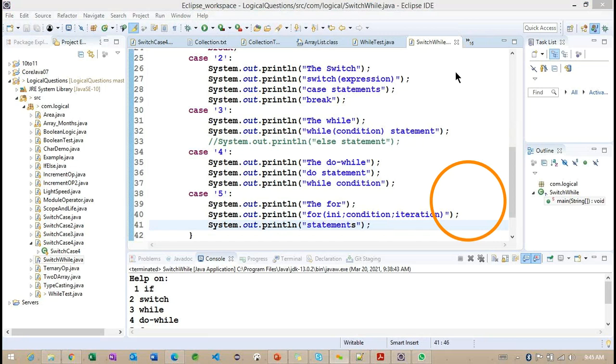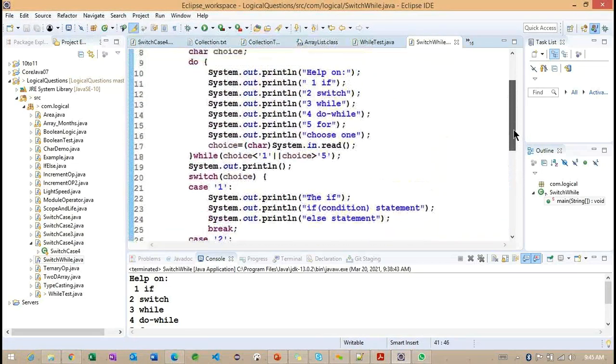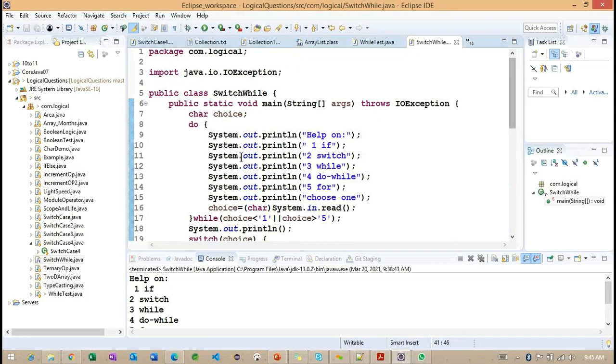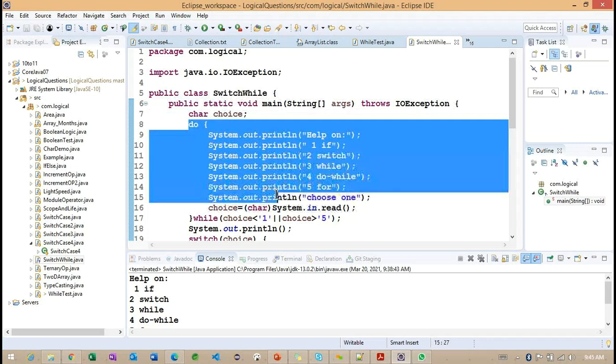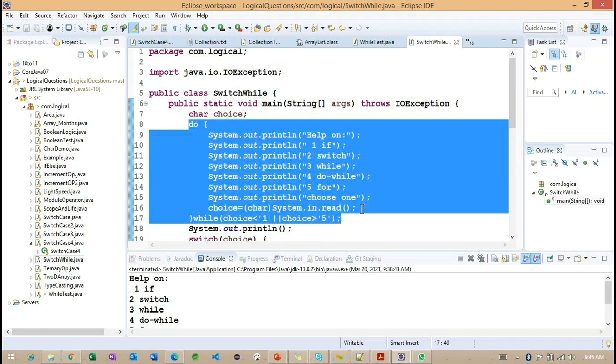So let me clear this particular section here. Okay, now this is important, how I'm implementing this. Observe carefully. We are going to work with a loop section here, that is called a do while loop.